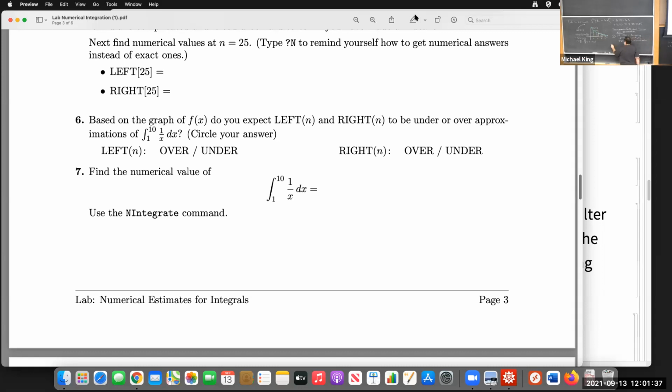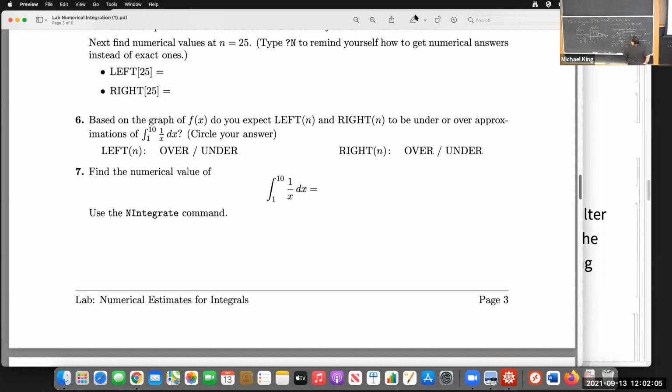Right, but what if f of x is increasing? I could say instead f prime is less than 0 or something like that, on the interval in question. There are functions that go up and down, but if you're doing it on a subinterval where it's always going down, your f prime would be negative. Then